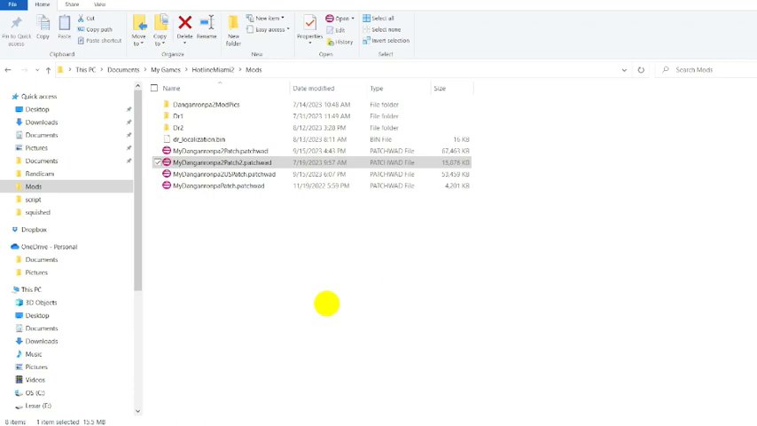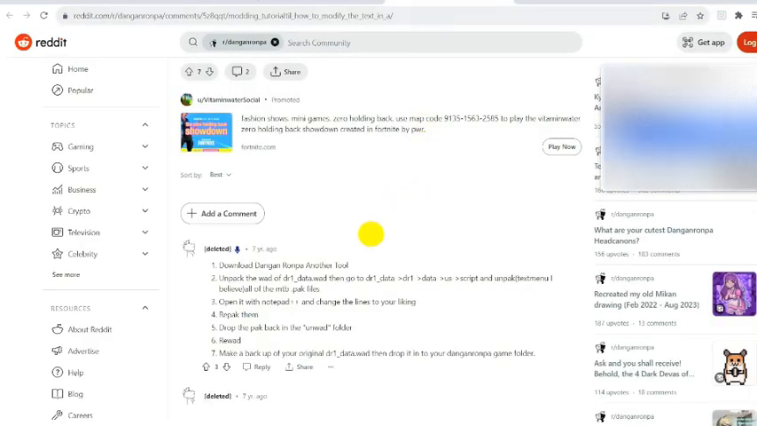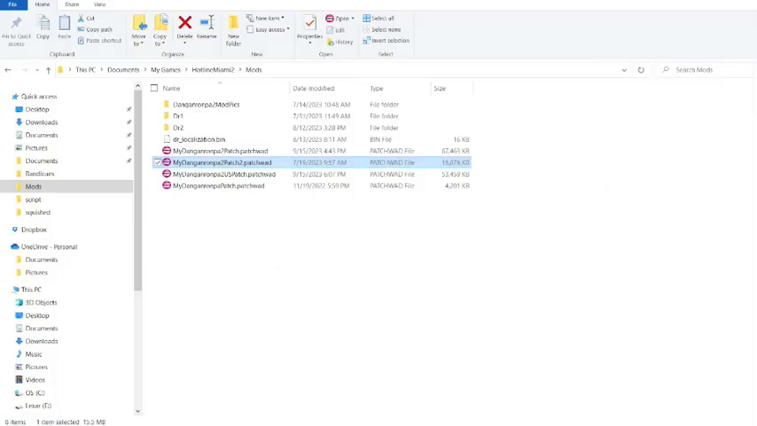So let's get right into this. First thing you're gonna need programs from the internet. One is the HTML WAD Explorer, and the other is Danganronpa, another tool. So once you get both of them, your first thing you want to do is get into the WAD Explorer,